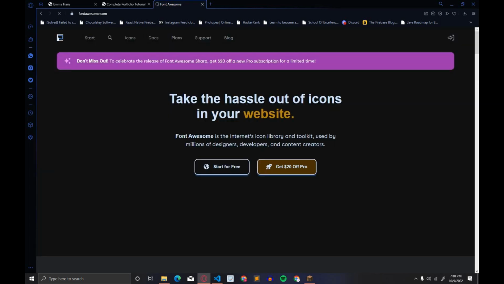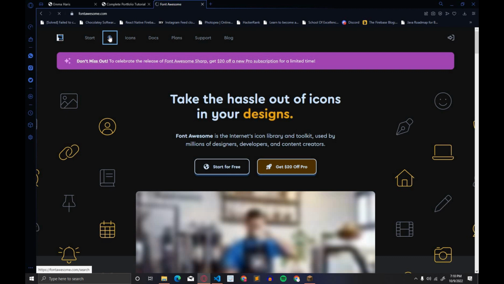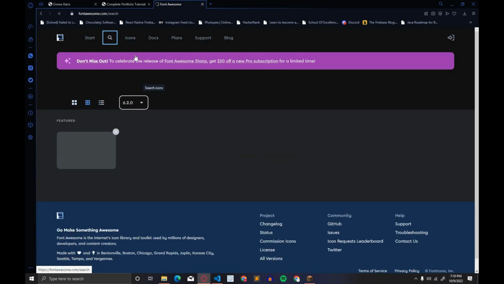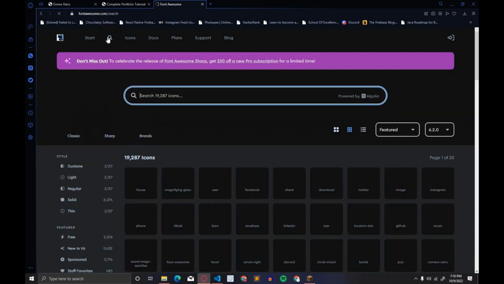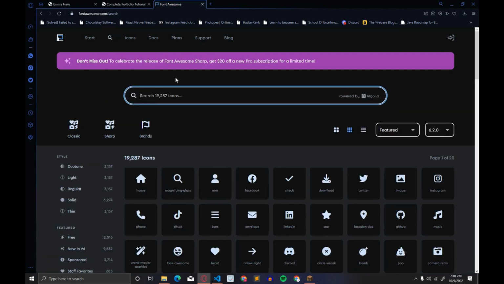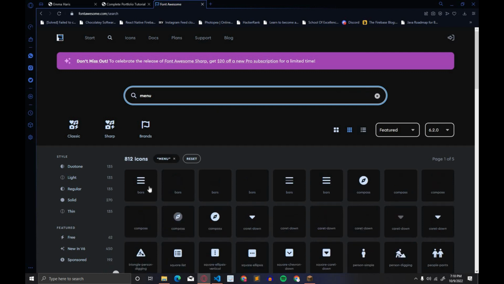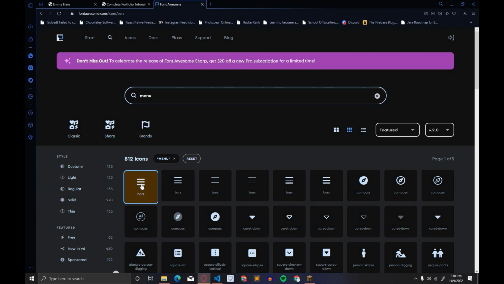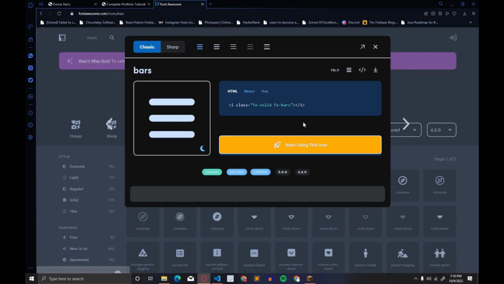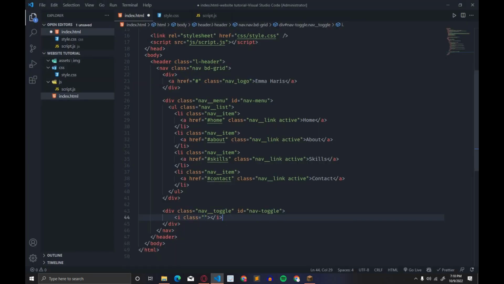And guys, after it opens we have to go and click the search icon, and here we have to type menu, like this, menu. You can choose whatever you want, but in our case we will choose this one, bars, and let's copy this piece of code, and here we have to paste it,